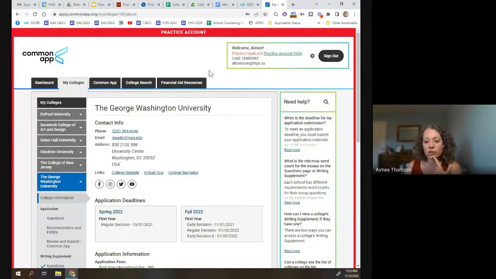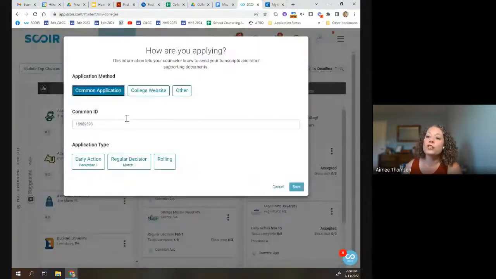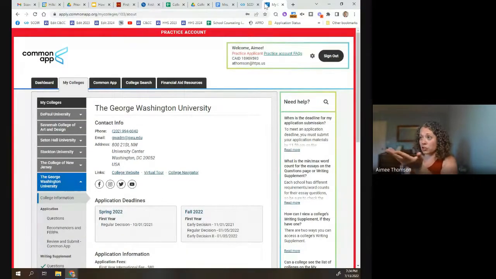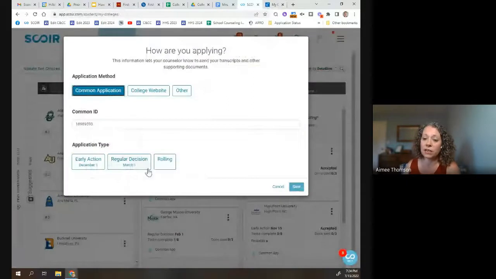We found this year that when documents were not matched, it was because the student had not entered their Common App ID or had entered it incorrectly. So perhaps they entered their siblings on the wrong account or things like that. Once you put it in here once in SCOIR for one of your schools, for each of the next schools that you do, it's already going to be in there. So it's another kind of one and done thing. So it's nice to create your account. Even if you don't do anything in here, once you have it, you're good to go. You can paste it in here for all of your schools and know that you took care of that.